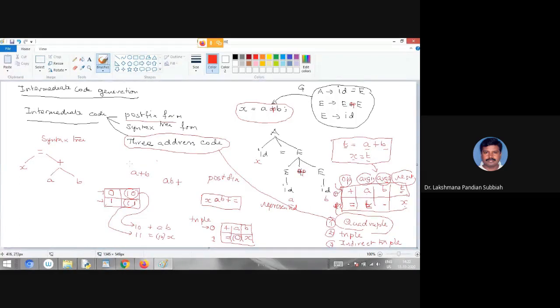If the same statement is repeated, you give the corresponding number only. So you can reduce the repetition, and the footprint of the code is reduced by indirect triple.